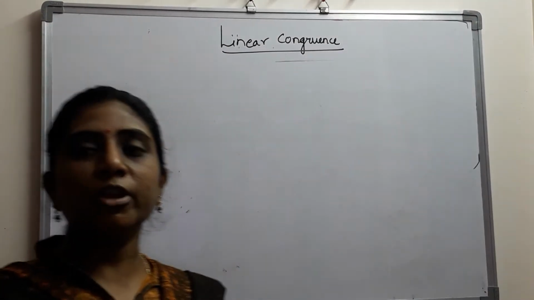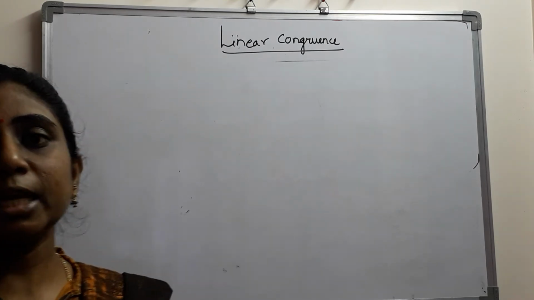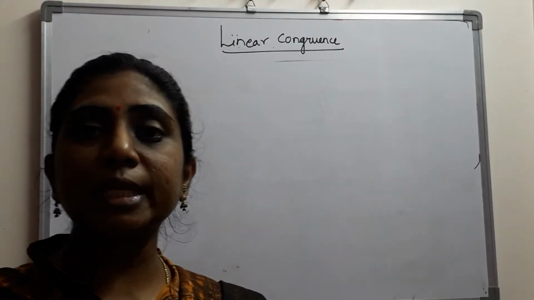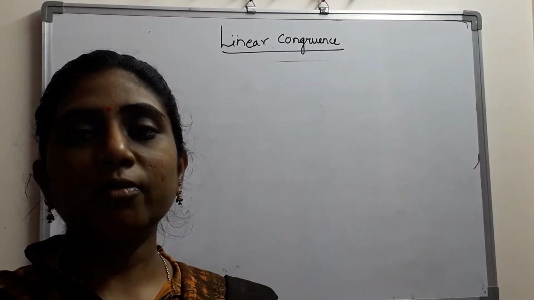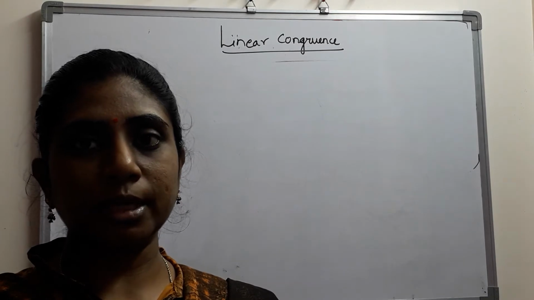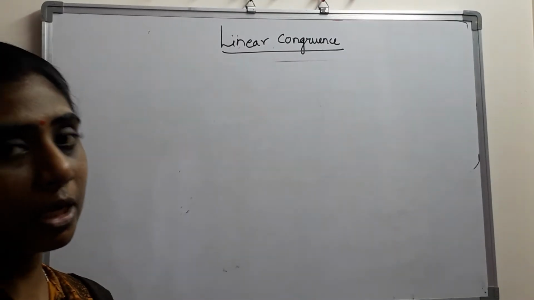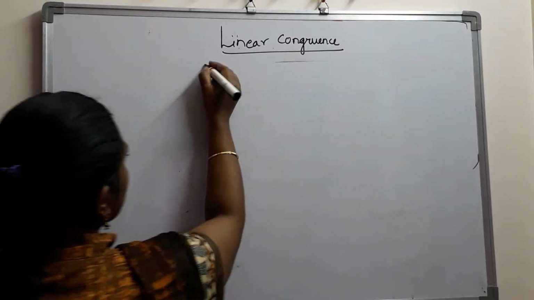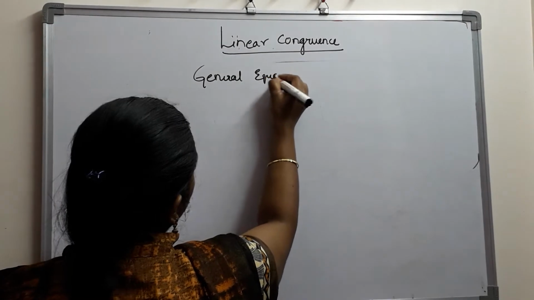Good morning. Today we are going to discuss linear congruence. In a cryptographic algorithm, to find the linear equation, that is, to find the Zn values, the residue values related to the linear equation, we can use linear congruence. So the general equation of the linear congruence is